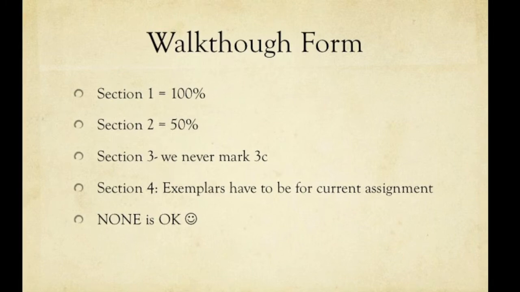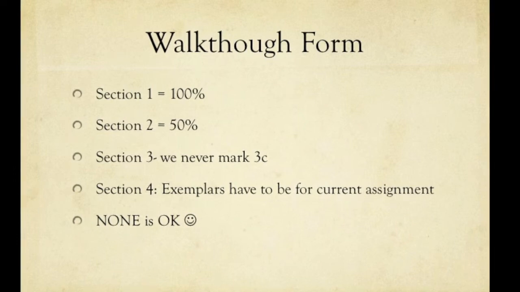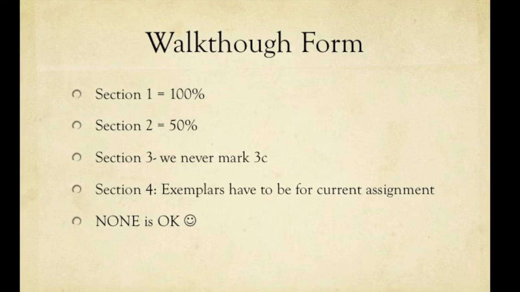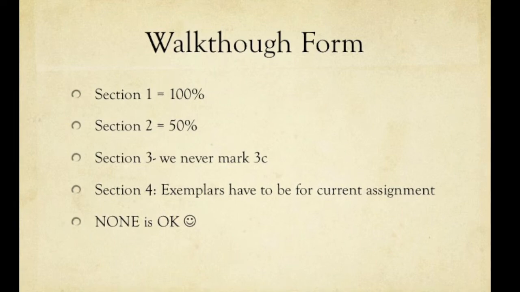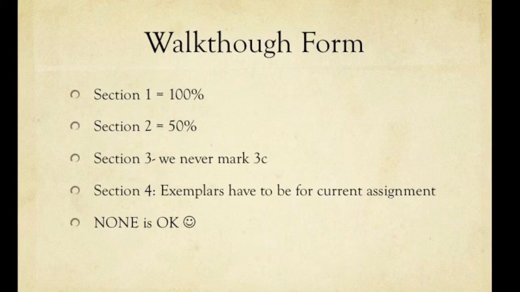And then part 4, focus on the learning environment. These are just simple things like you can clearly see routines are established, materials are there, and then the models are exemplars of student work or post-it. Those would be if it is directly tied to the assignment that they're working on. So if you're doing a project and you have a possible finished project from last year that got an A, a B, or a C, and you're showing the class examples of quality work, that would get you to check on that mark.